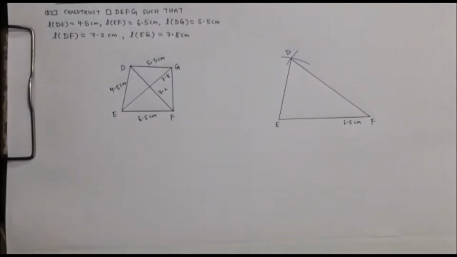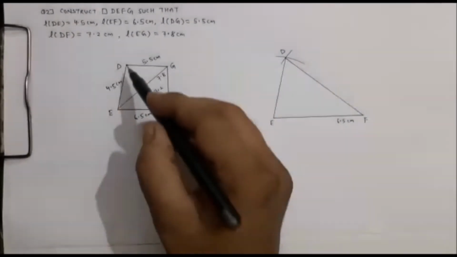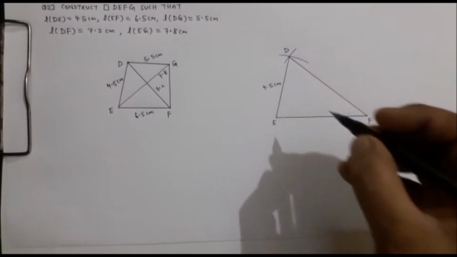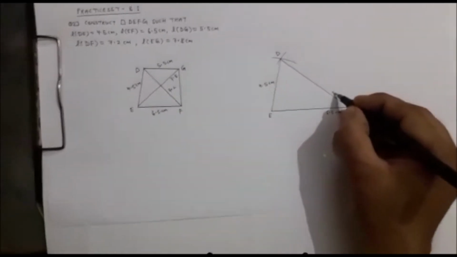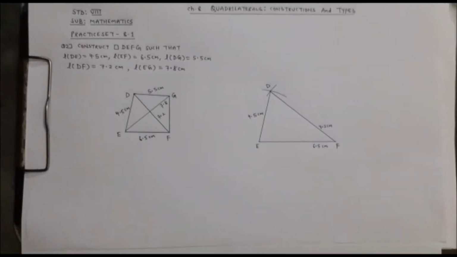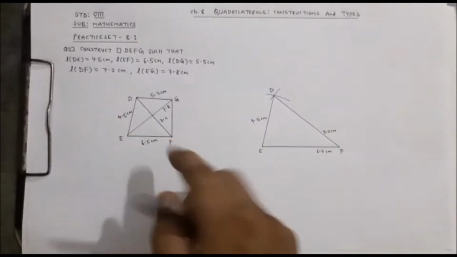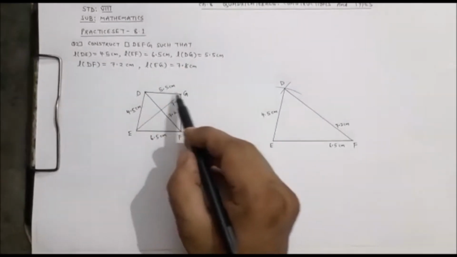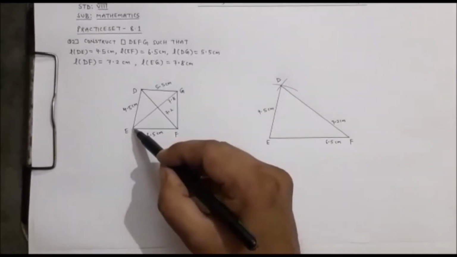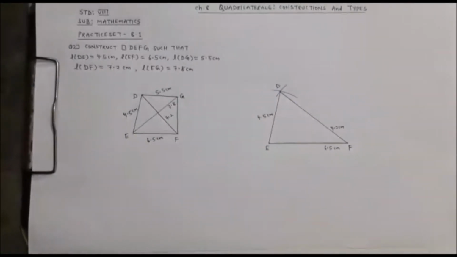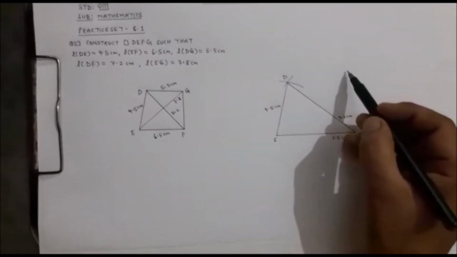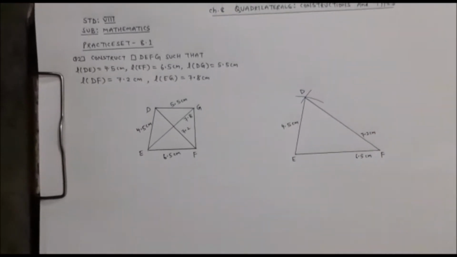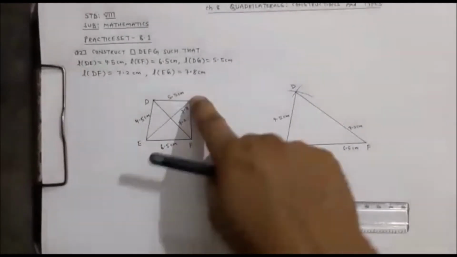Okay children, so you can see that we have got triangle DEF, that is the first step. Okay, write down the measurements here. This is 4.5 centimeter and this was 7.2 centimeter. Now next step is, after triangle DEF we have to get this point G. So how we get point G now? From D to G 5.5 centimeter and from E to G it is 7.8 centimeter. So from this point D we cut an arc of 5.5 somewhere here, and from E cut an arc of 7.8. Okay, let us take this distance. Second diagonal EG 7.8 we take.